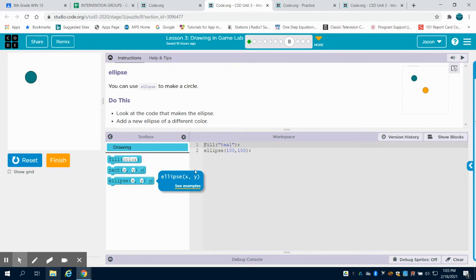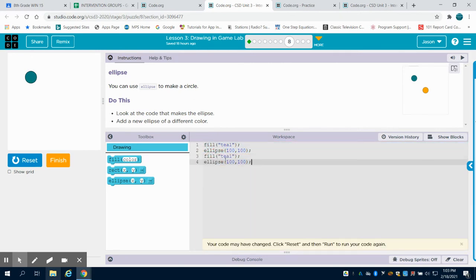So again, what the ellipse gives us is our XY coordinates in it. As I run this, we can see I have a teal ellipse at 100, 100. Now, I can duplicate this, and this is again why I really like it, and I can copy and paste that with the Control C after highlighting it. So now I can run that, and you can see I would have two ellipses right on top of each other. So if I move this one down, let's say to 200, 200 on my XY,